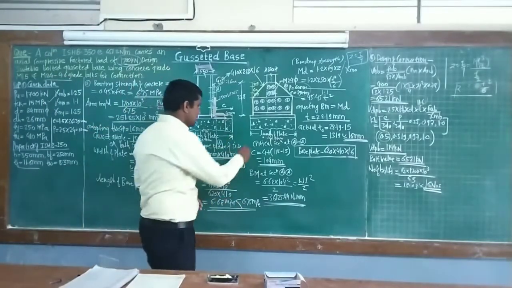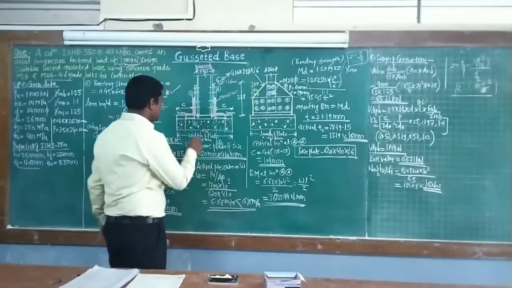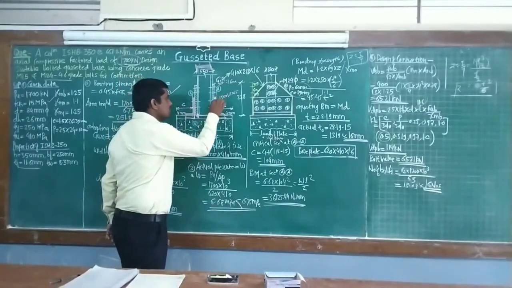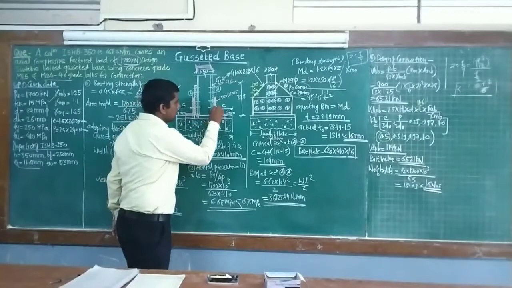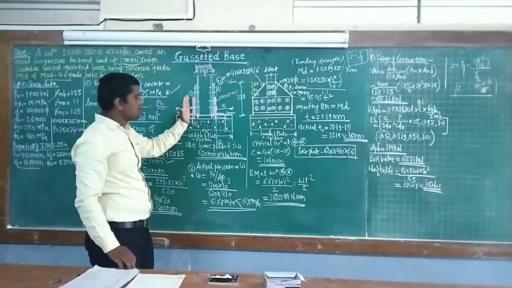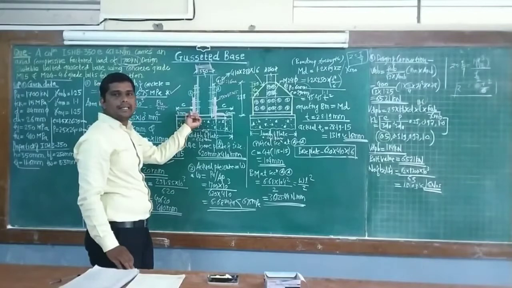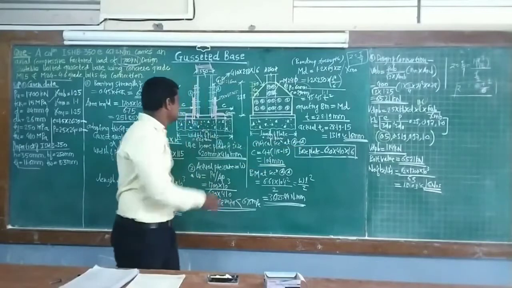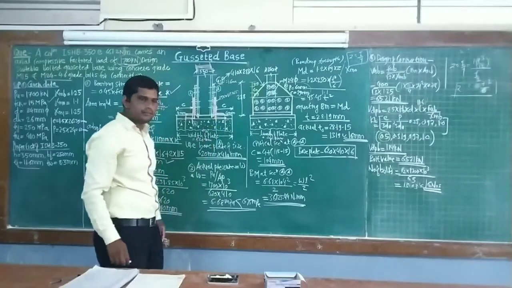Then coming to the next point, that is the critical section. Critical section at A. Here we always consider the critical section at the face of the inner angle side. Here we have considered the critical section to the angle section, excluding the thickness of the angle section. So the critical section is now considered at A, at the face of this angle section on both sides. We have shown it in the figure.